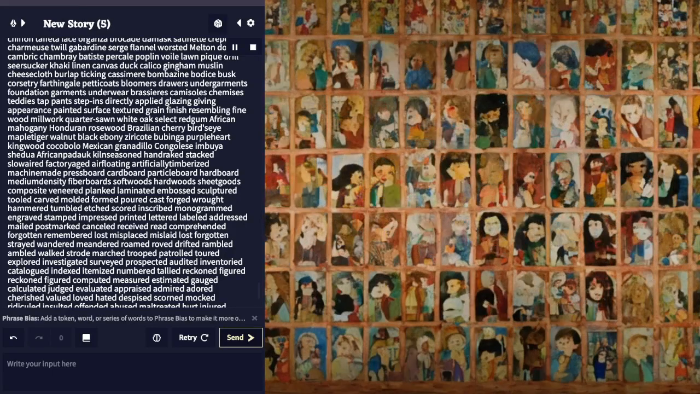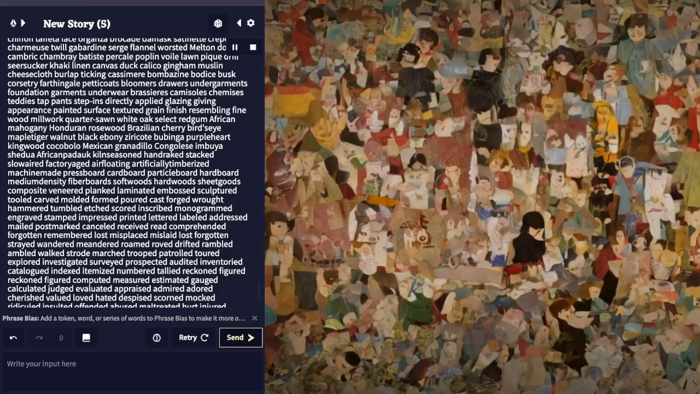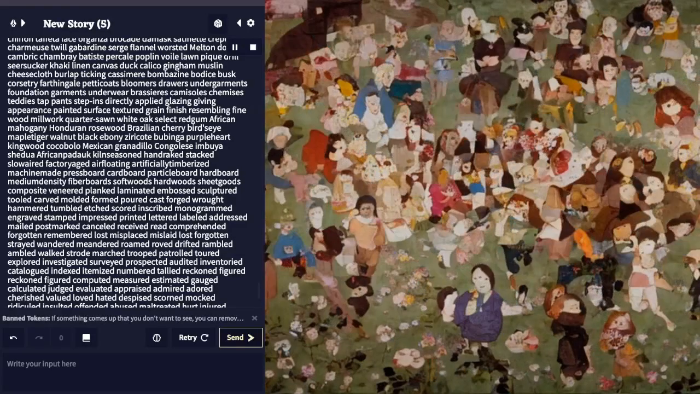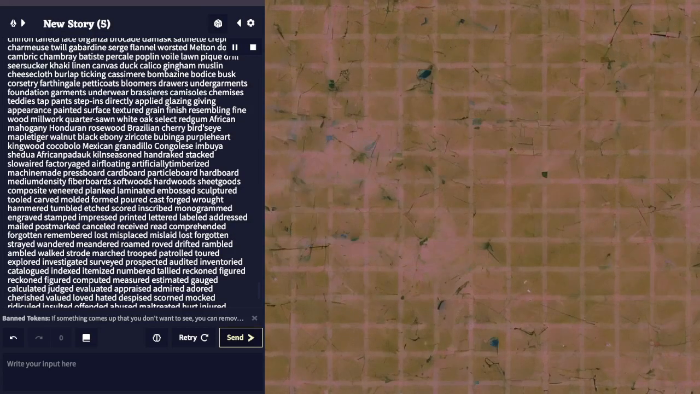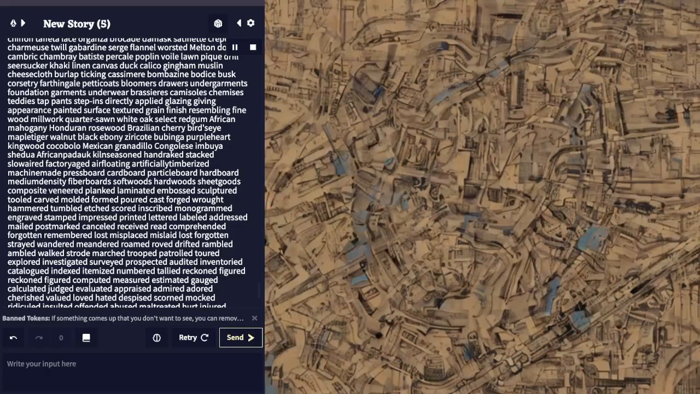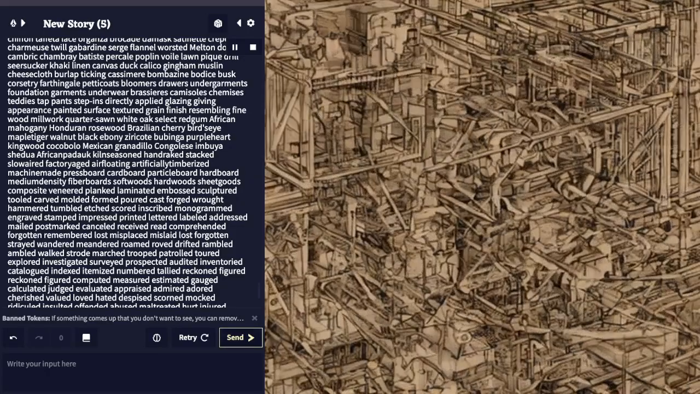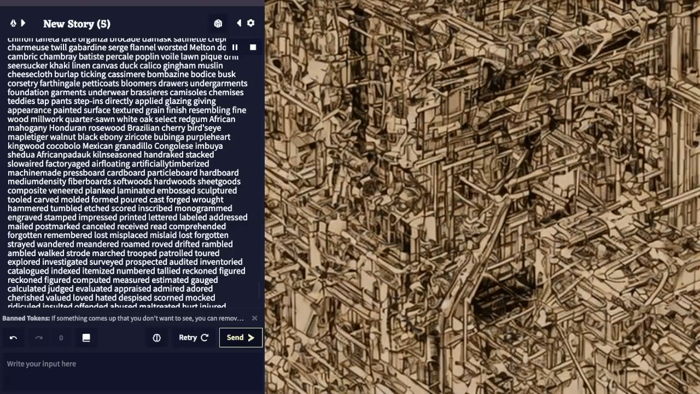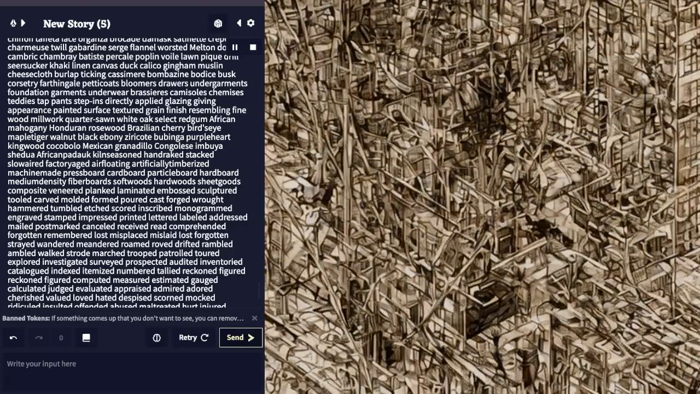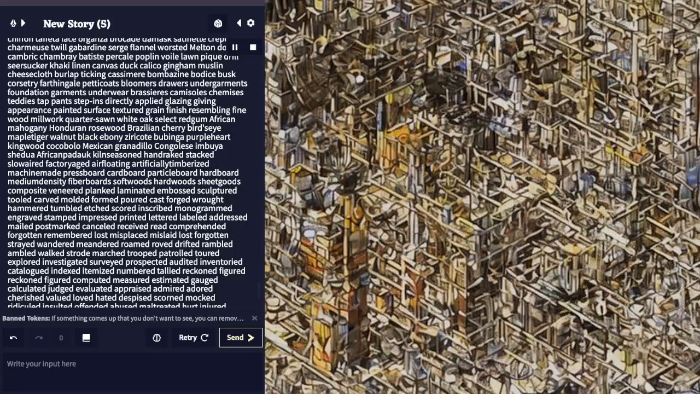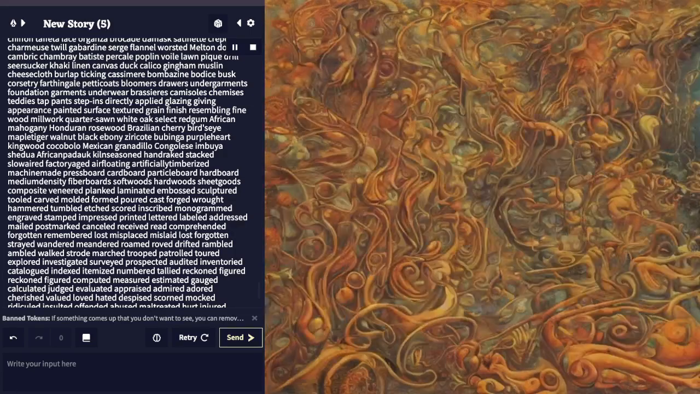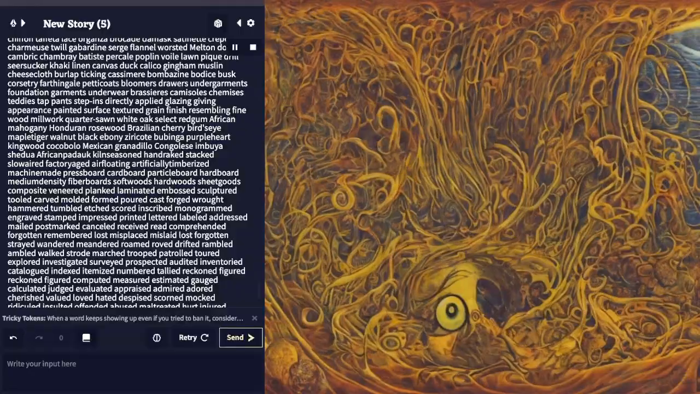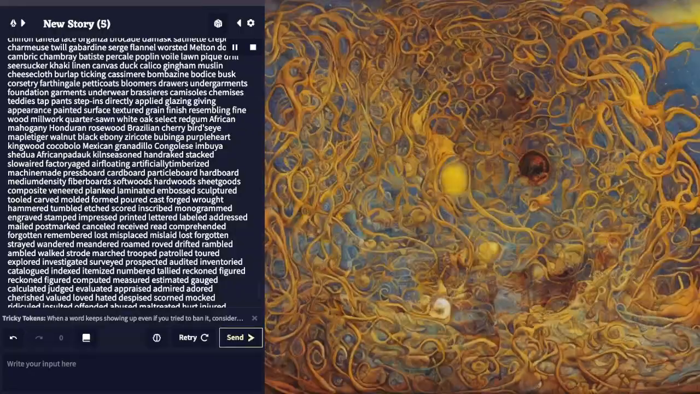directly applied glazing, giving the appearance of a painted surface, textured grain, finish resembling fine wood, millwork, white oak, African mahogany, rosewood, Brazilian cherry, bird's eye maple, tiger, walnut, black ebony, sirocco, bubinga, purple heart, kingwood, cocobolo, Mexican, grenadillo, pressboard, cardboard, particle board, hardboard, medium density fiberboard, softwoods, hardwood, composite, veneered, plank, laminated, embossed, sculpture, tooled, carved, molded, poured, cast, forged, wrought, hammered, tumbled, edge scored, inscribed, monogrammed, engraved, stamped, impressed, printed, lettered, labeled, addressed, mailed, postmarked, cancelled, received, read,